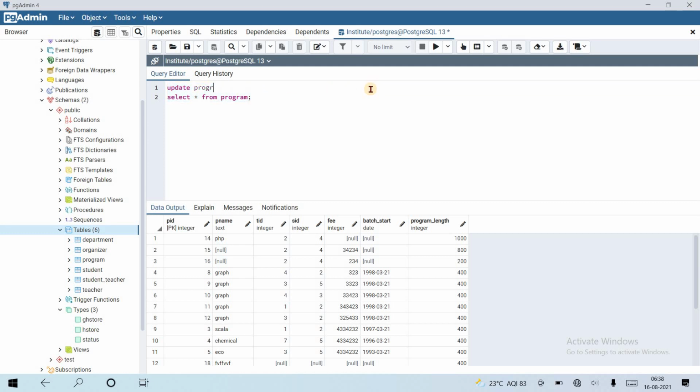We don't need the update query now. We have a value for program length. Now the query is, suppose, let's write a query directly. Suppose select from program, we want values group by program name. So group by program name.